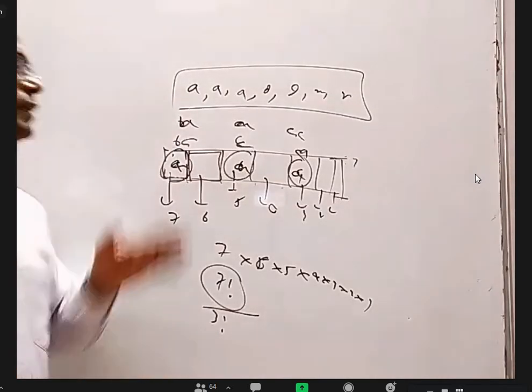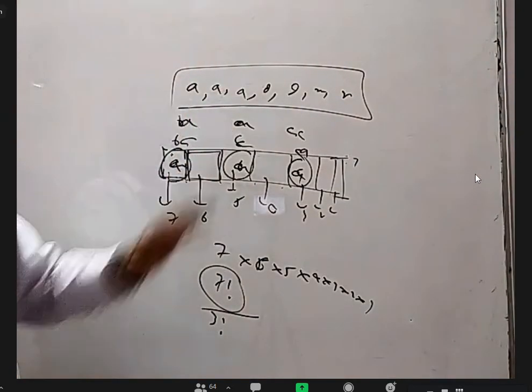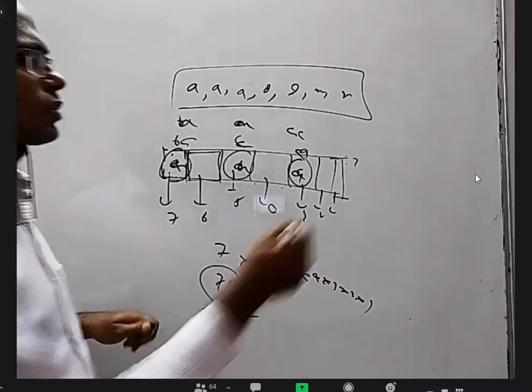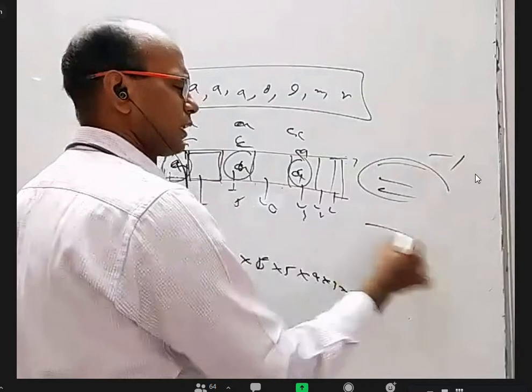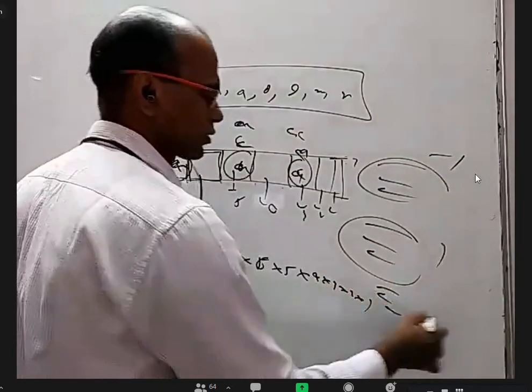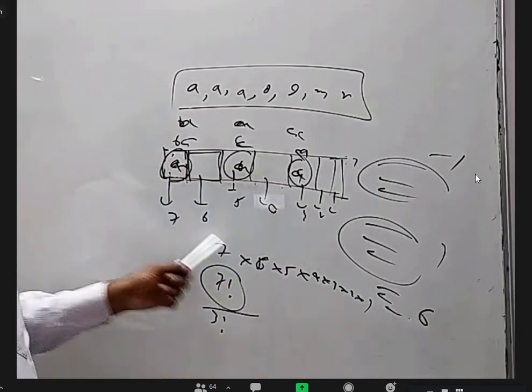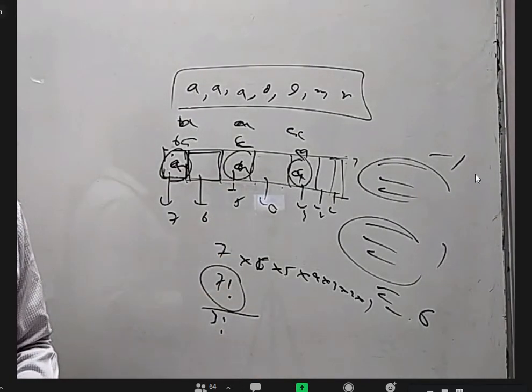Okay. So by taking ABC as equal to A, some words will become 1 word, another set of words will become 1 word. Instead of 6 words, they are all 1 word. Instead of another 6 words, they are all 1 word. Another 6 words, another 1 word only. So earlier whatever the answer, 1/6 of that will be the answer. That's why I have to divide by 3 factorial.